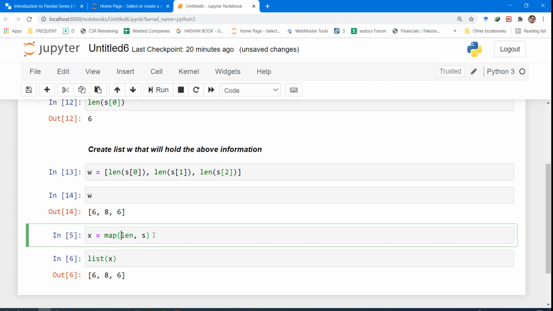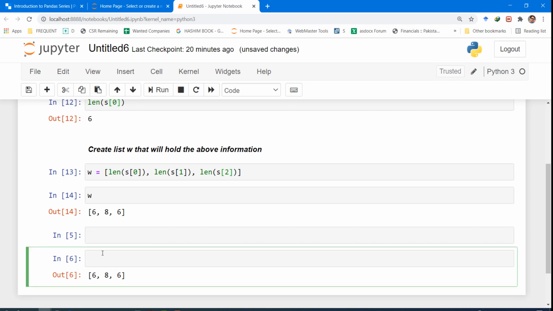We can also use the map method. The map function applies a function to each element of a list. Let me write the definition of the map function.